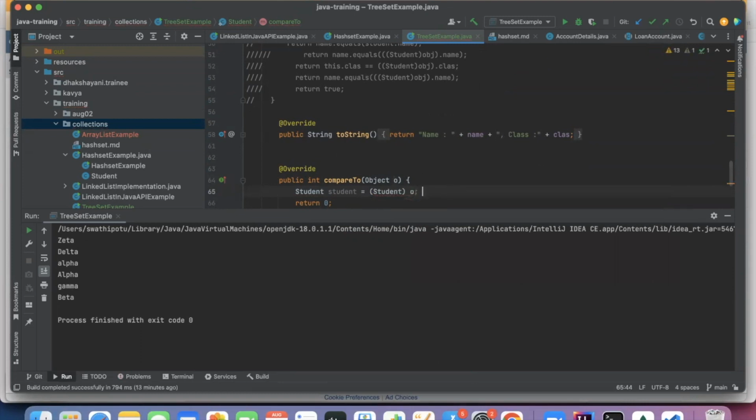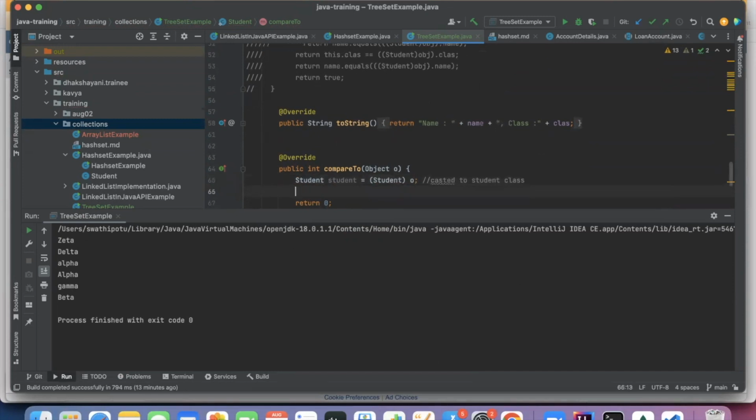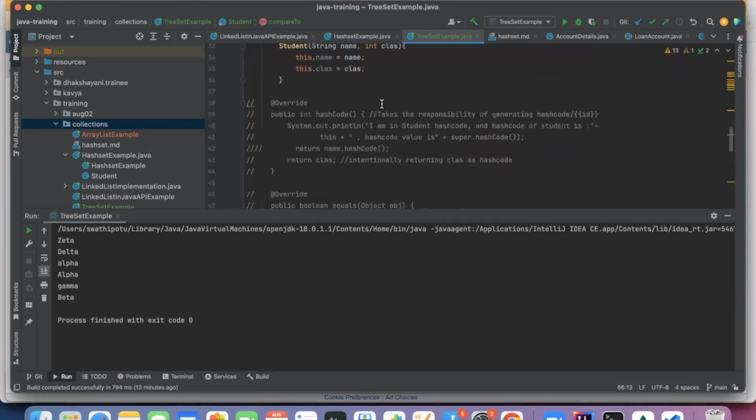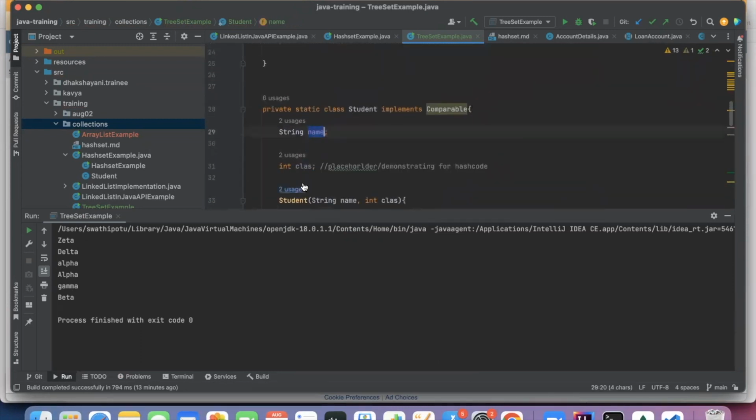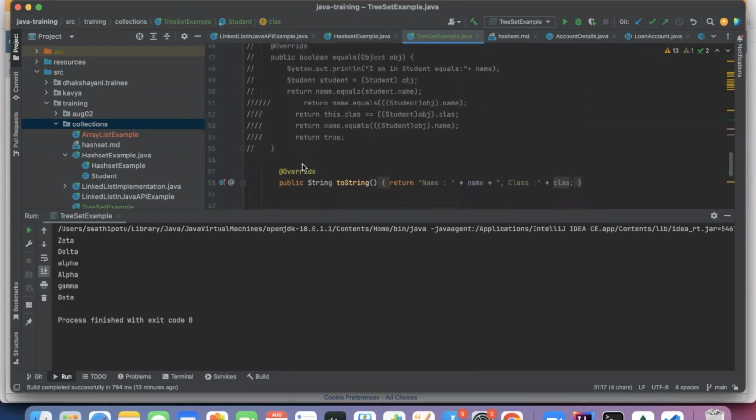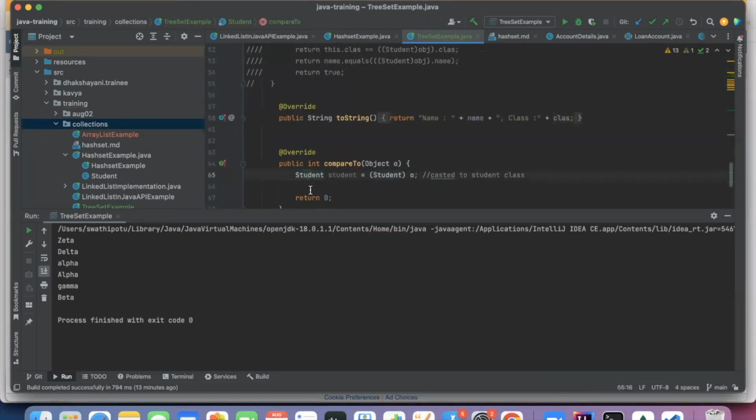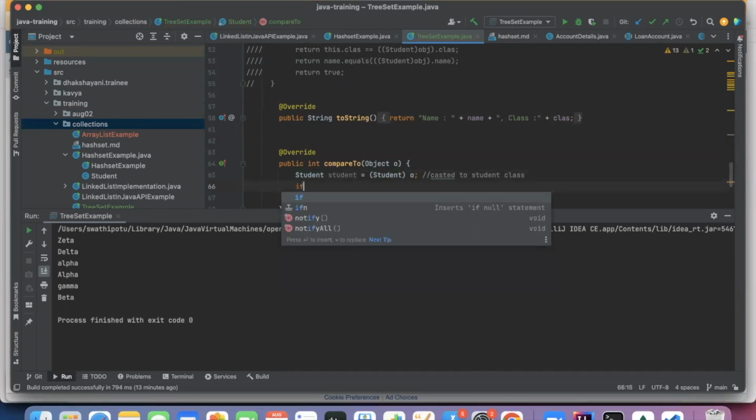I just casted it. Now the next one is I need to compare this one. So we have actually two elements, name and class. So my first priority I will do is